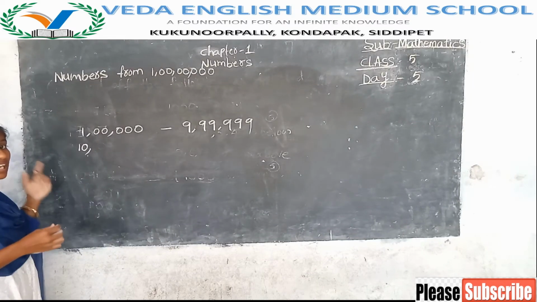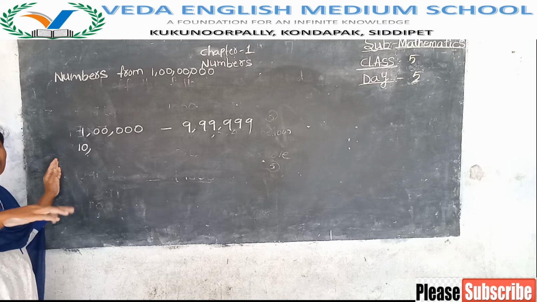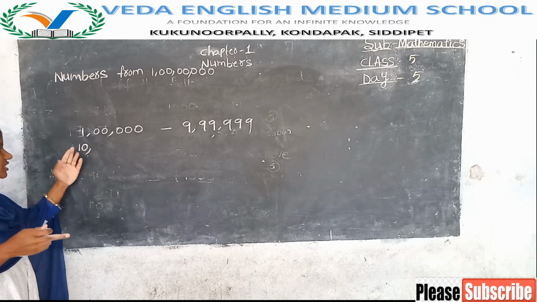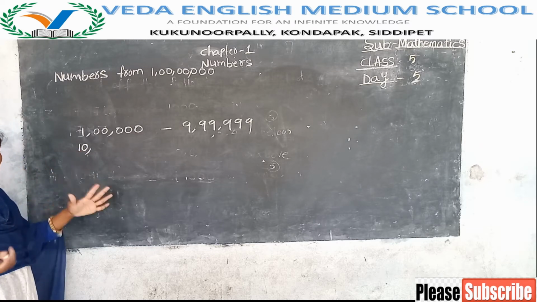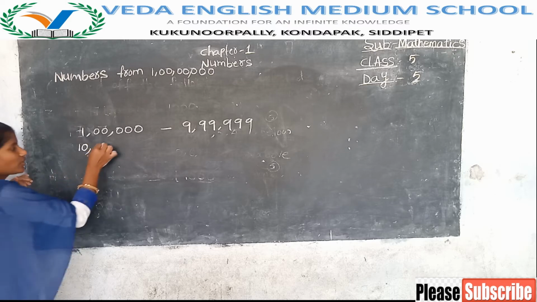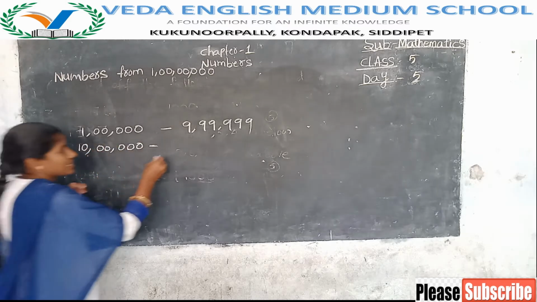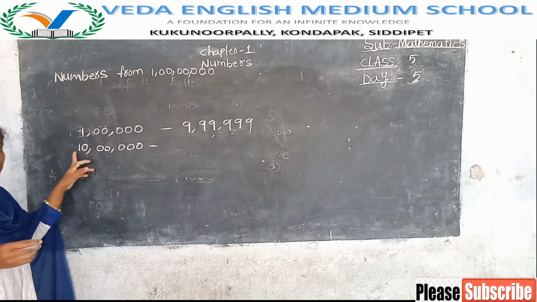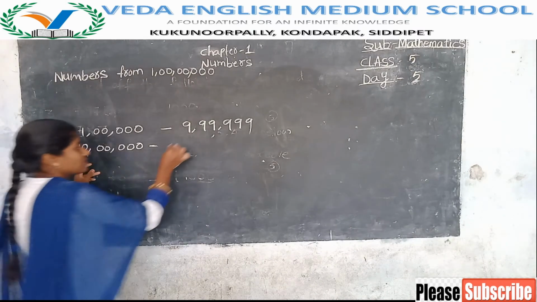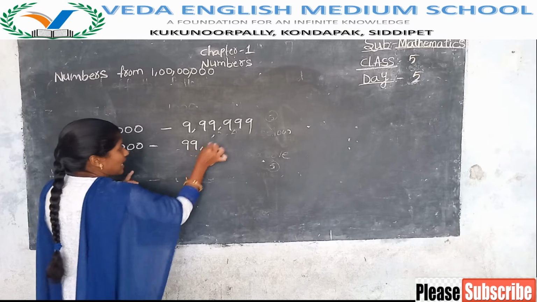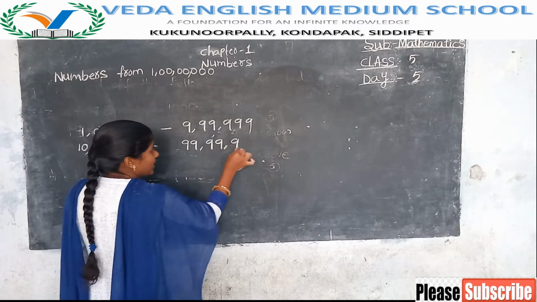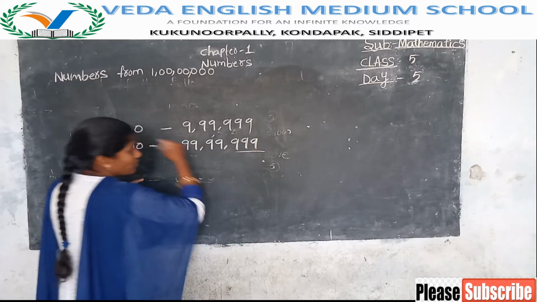10 lakhs. Before, I am saying first 10, afterwards I am saying lakhs. 10 lakhs means you write 10 as it is, then lakh. For 1 lakh, how many zeros are there? 5 zeros. So you have to write 5 zeros. It is called 10 lakh. Then 10 lakh is the 7-digit smallest number. Then the 7-digit largest number is 99 lakhs 99,999. In class 4 up to here we have learned.